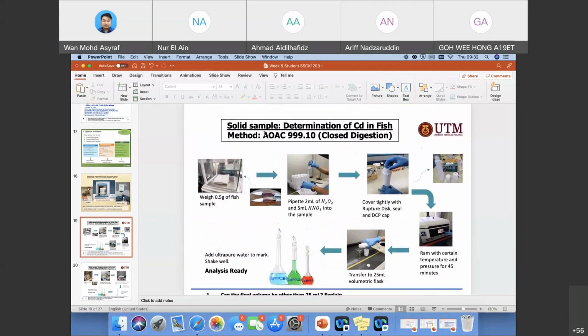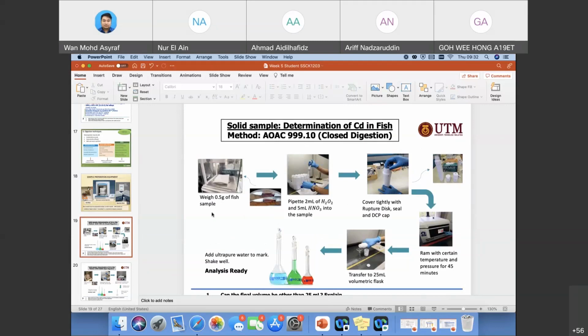So this standard method, AOAC 999.10, is a closed digestion method for the determination of cadmium in fish. So basically it's for solid sample. All right. So you weigh 0.5 gram of fish sample